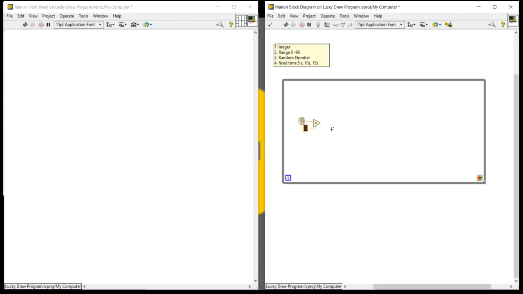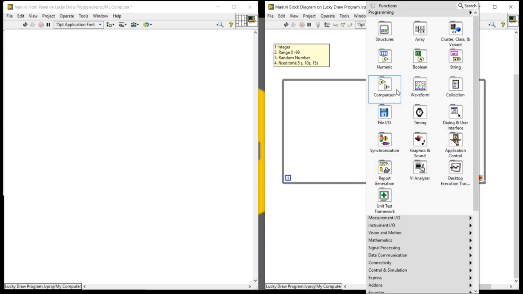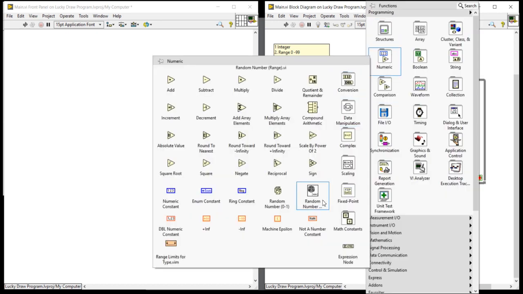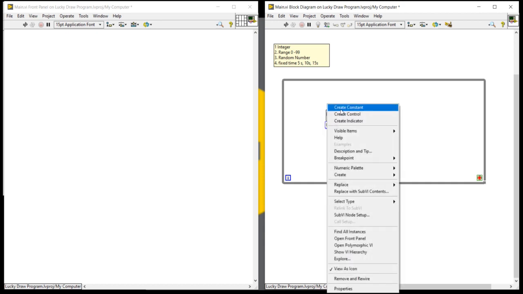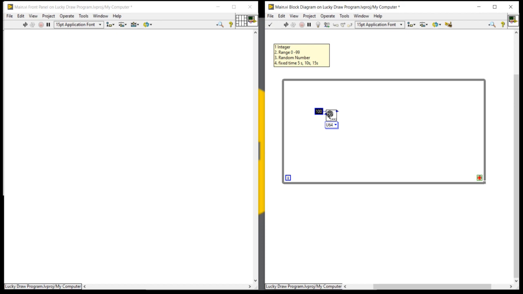No, I can take a much better option here: Number in range. Upper bound to 100 and lower bound to 0.